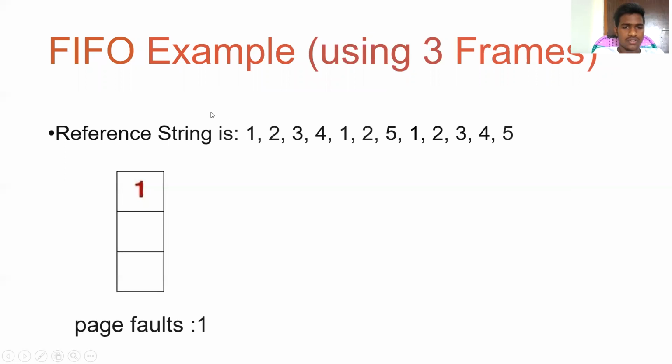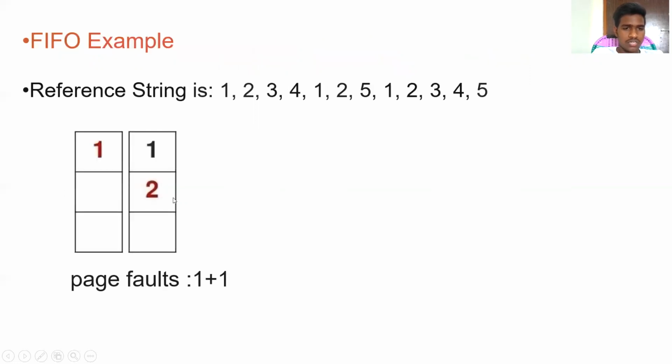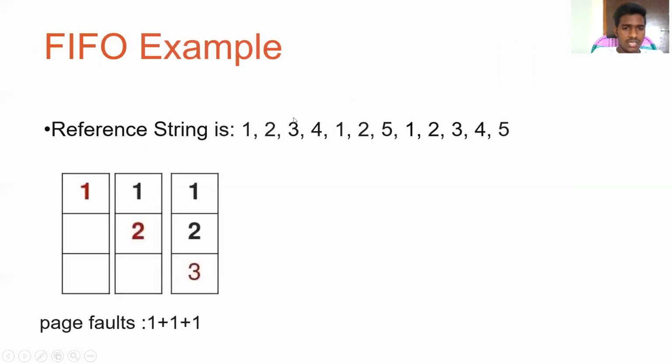FIFO example. First, page 1 is entered into a frame. Again, 2 is entered into the next frame, and then 3 is entered into the third frame. Until here, until 3, we don't have any problem. There are 3 page faults that occur here, for 1, 2, 3. And next,